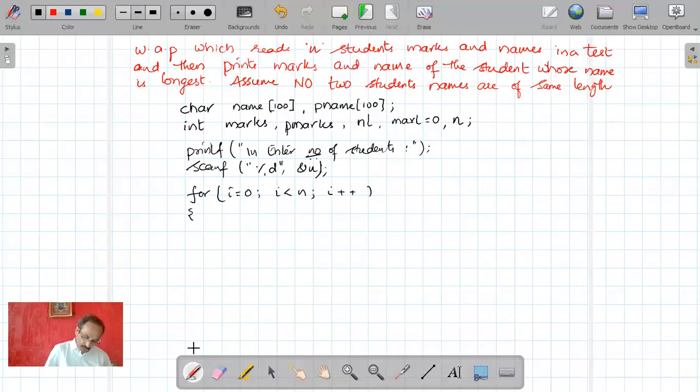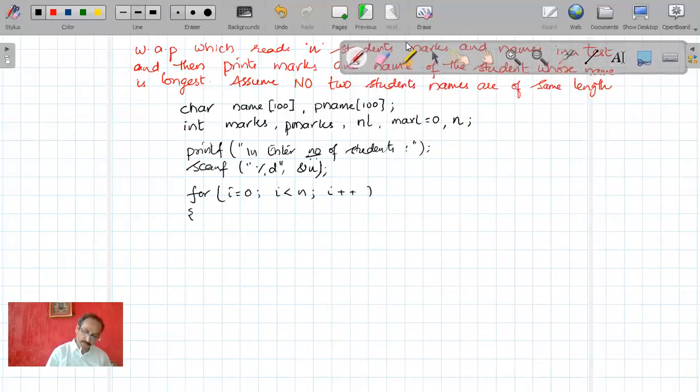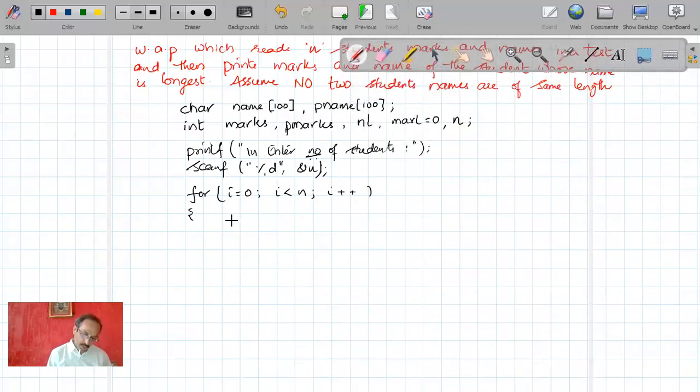Now I want to read the first student's marks. I'll read the student marks and name, both I need to read. I'll ask the user to enter: printf slash n, enter name and marks. So I want to read both the things at once.